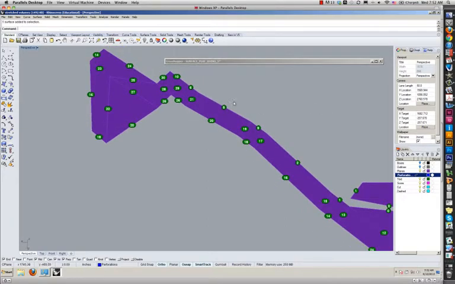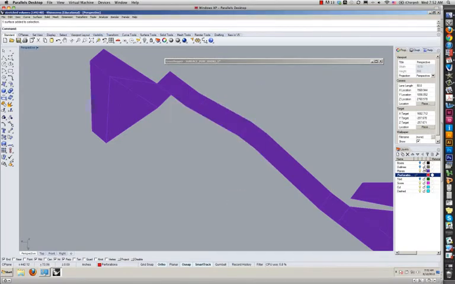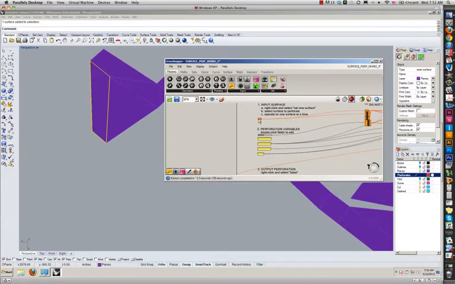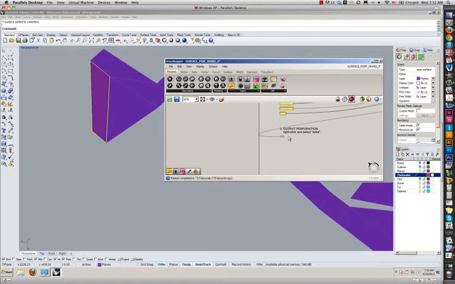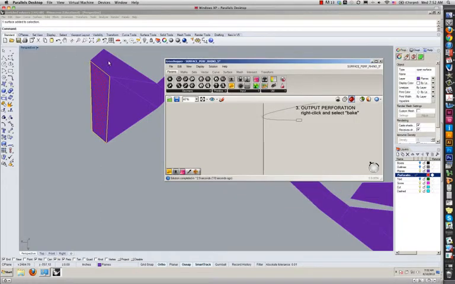So in the previous segment, we undid the surface perforations because it's going to interfere with the unrolling and the labeling. So I'm going to turn off my text layer, and I'm going to go back into my perforations layer, make sure it's active, and I'm going to make it a different color just so that it's more different than the purple surfaces. I'm going to go into my surface perforation Rhino script and set one surface, bake that surface, make sure that I'm baking it onto the perforations layer, hit OK, and do that